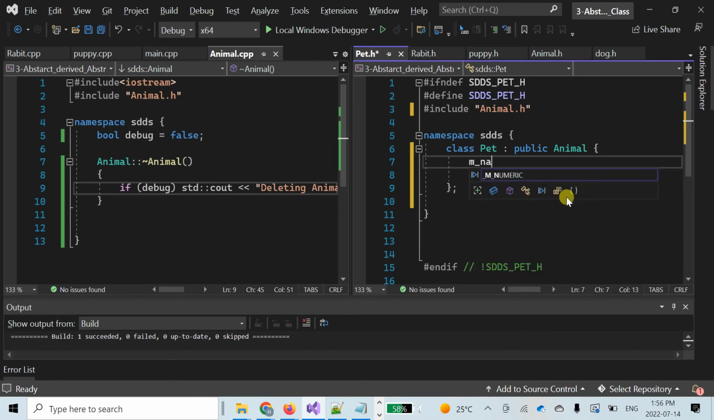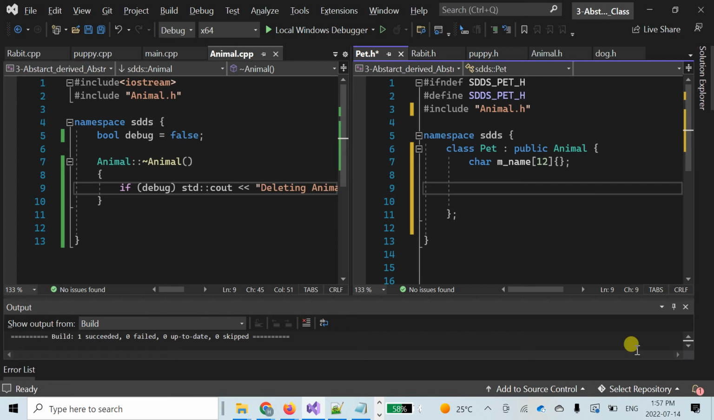In the pet class, we have mname. We're going to choose a short name, so let's make it 12, mname, and this is a string of characters, and we are doing this statically, so statically its size is going to be 12. And in the public part, what we're going to implement, again, if we go back